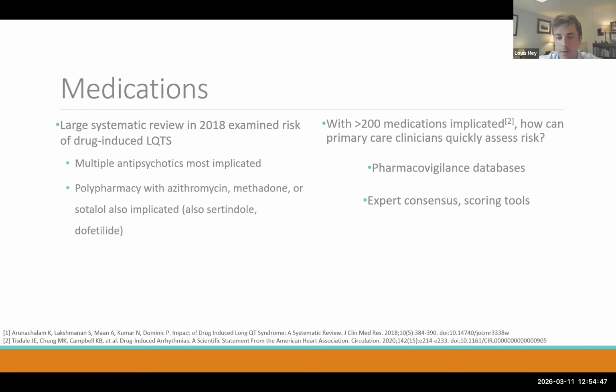So I wanted to boil down what is relevant for primary care clinicians and how you can quickly assess risk and figure out, is this something I need to be worried about in this patient or not? The two best tools I found for that are databases. We'll talk about those. Those are mostly Credible Meds, and then they just came up with a new one. I haven't had time to dig into that, but I think they have an app where you can upload all the patient's medications, and it does some kind of analysis.